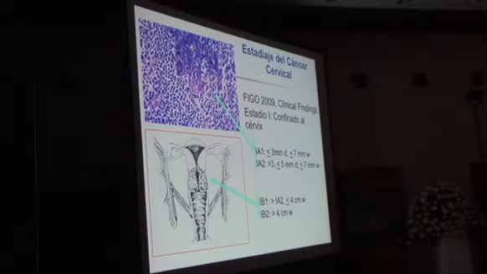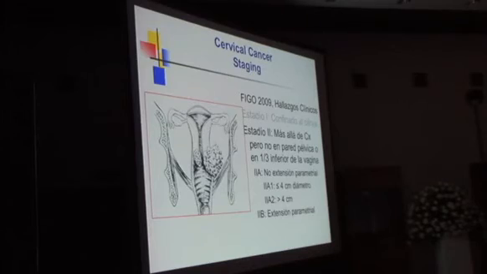Once the nodes become involved, surgery by itself is not curative. And so we would often include radiation with chemotherapy to treat that patient. Once spread is outside of the cervix, we would see stage